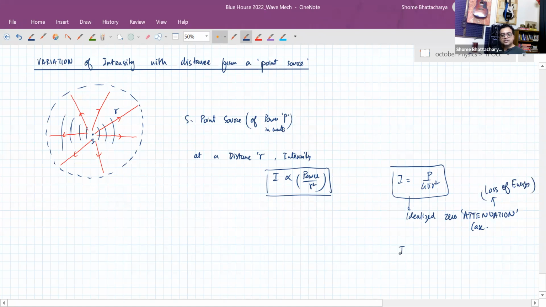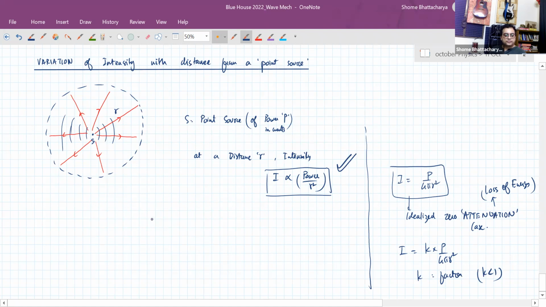So in real life, it is more like some factor K into P upon 4 pi r square, where K is a factor less than 1. But again, you can see the important thing for us is this thing. This is all like part of engineering, not in our syllabus. What is important from our syllabus point of view is this, that intensity is inversely proportional to square of the